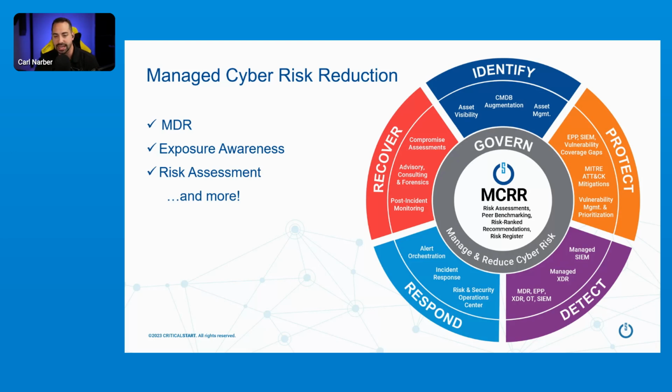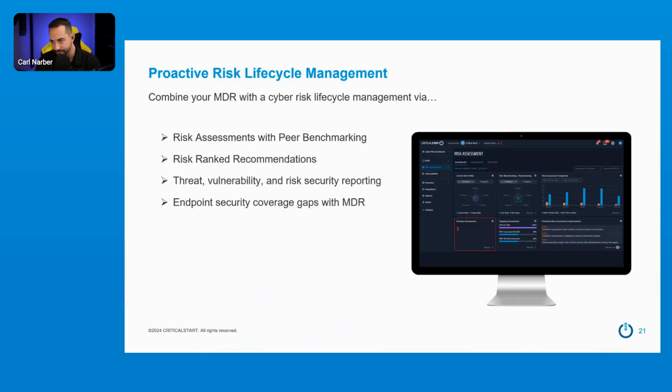But the last piece that I just didn't talk about, and I just want to make sure we cover, is making sure you have those recovery positions in place. Making sure you have a forensics plan in place. Post-incident monitoring when something does occur. And then lastly, making sure you have a dashboard that correlates all that information together, so you have one pane of glass to see all of this when you do those risk assessments. So when you are completing them, making sure you have an identification of where you're at, getting there, right? You're not off the runway yet, but you're working towards aligning towards that.